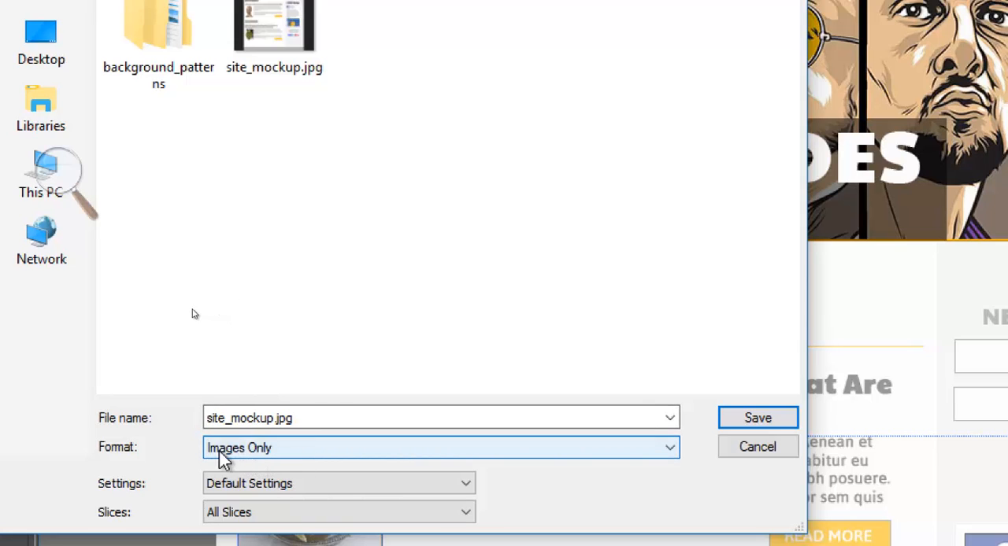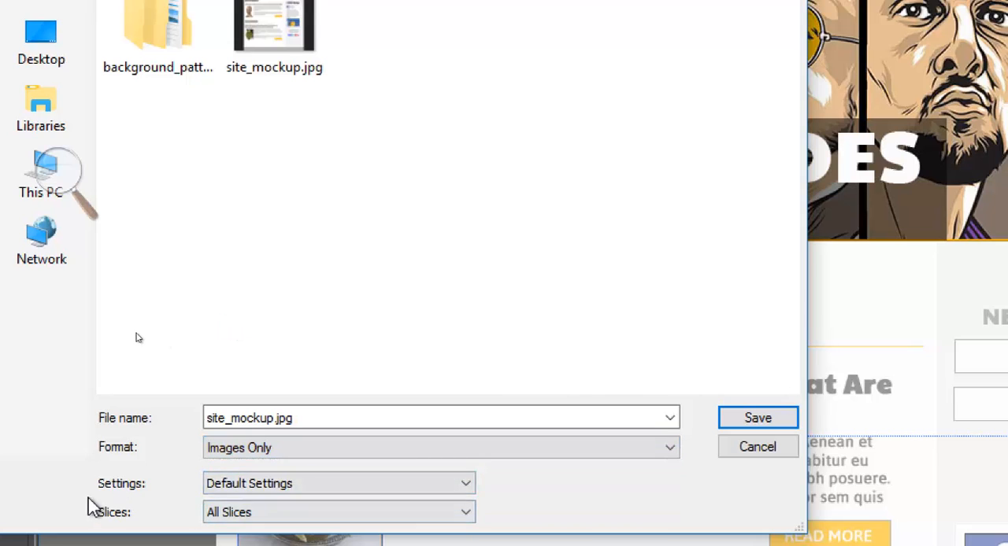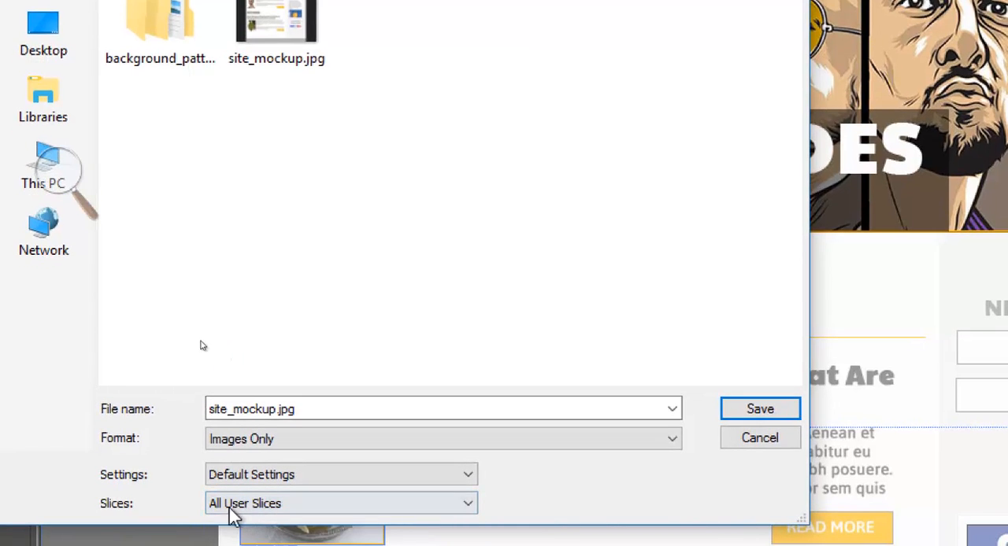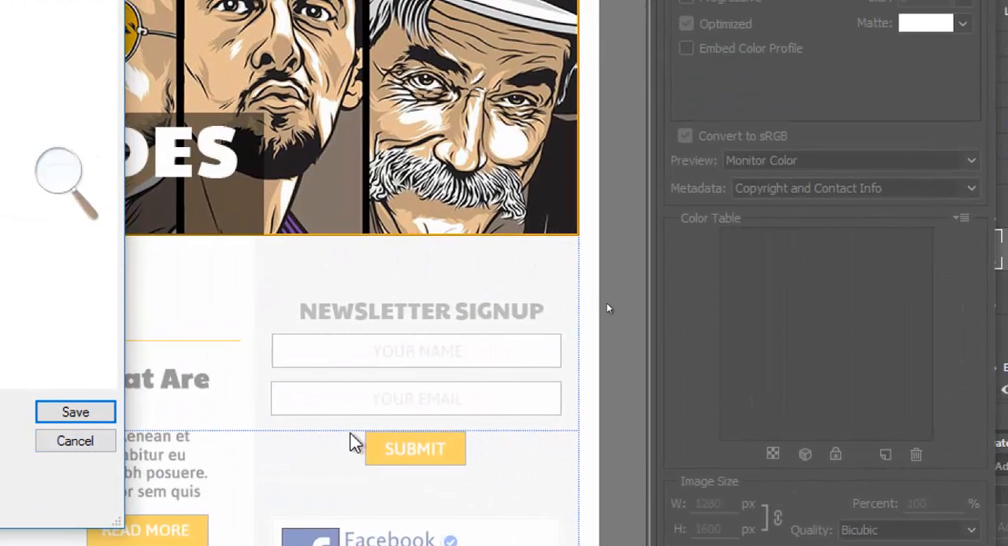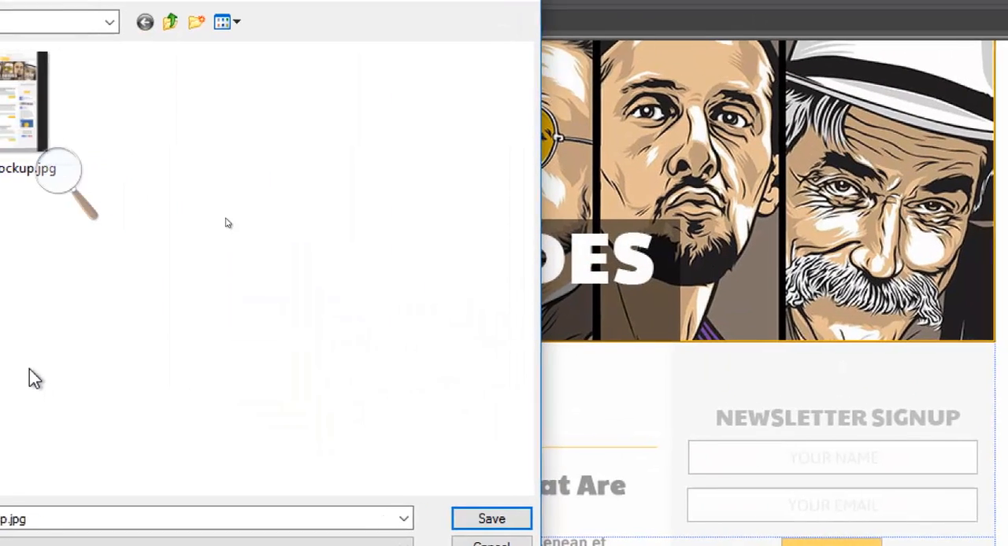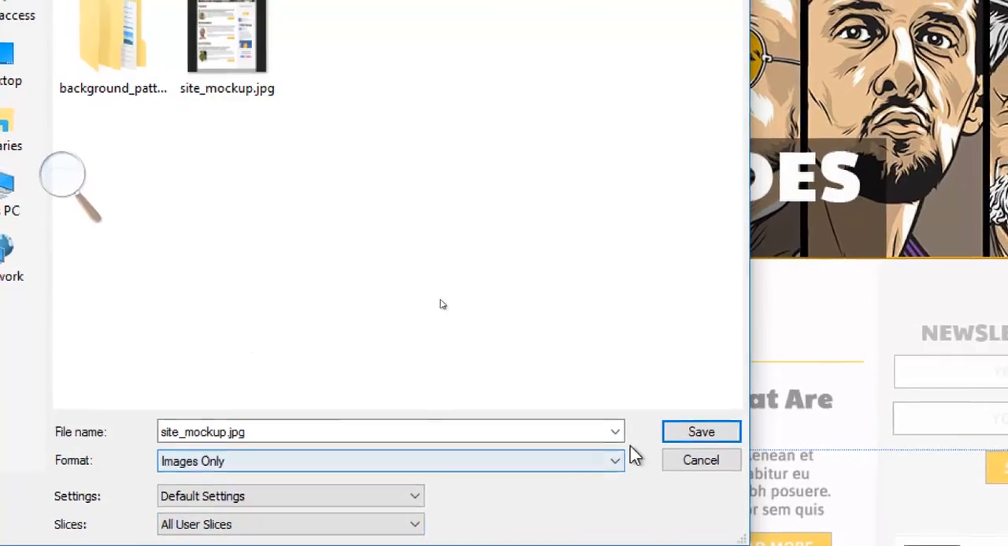We want to export only the images. We don't want Photoshop generating any HTML for us. No, thank you. Settings should be fine, and for slices, we only want user slices. So from this package, we only want Photoshop to export the images that we've manually sliced. Otherwise, all the other grayed out areas are going to be exported as well as automatic slices, which we don't want. It creates a lot of clutter. So if you click Save over here,